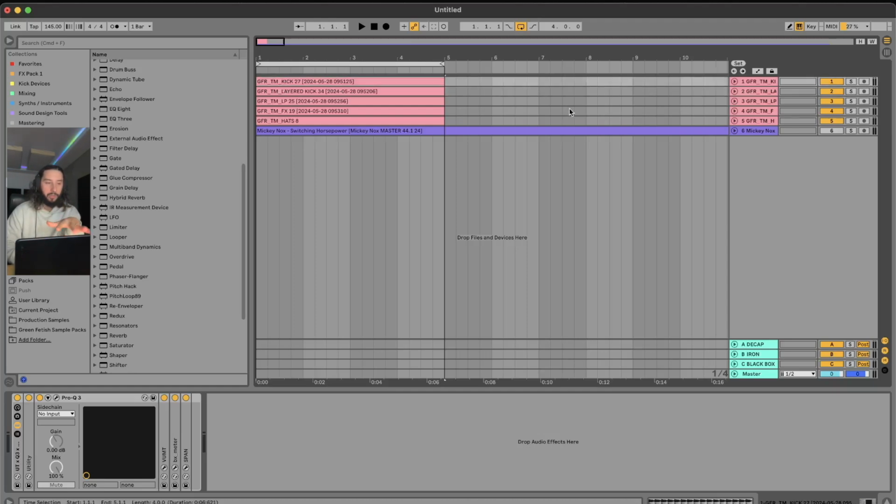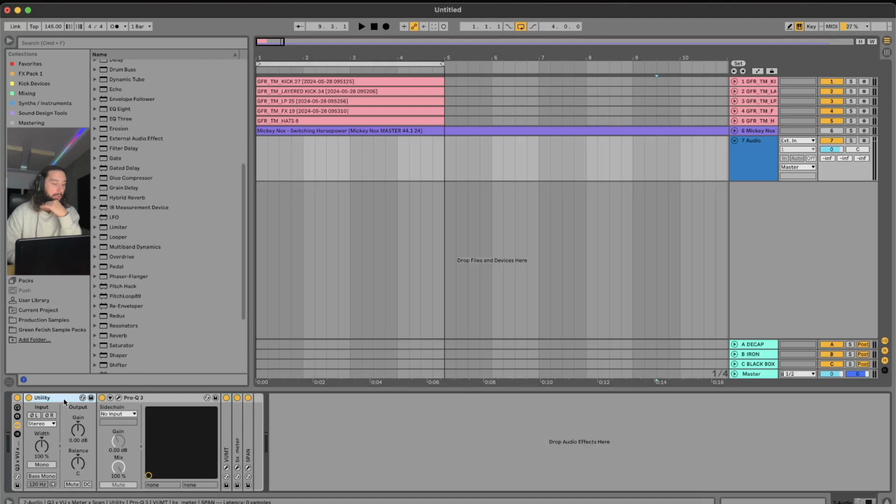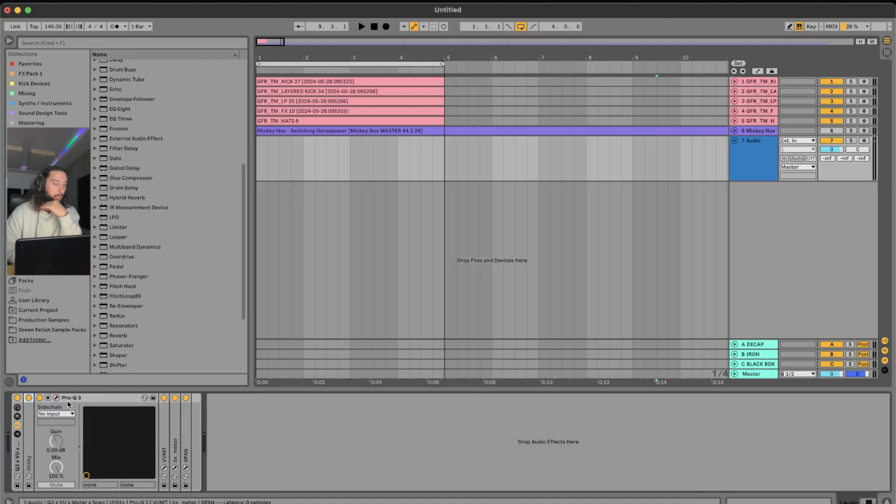So on my screen, I've just set up a loop with some samples just to present sort of like a track. But for example, if I just Command T and create an audio channel, you'll see down here by default, my default chain is Ableton's Utility into FabFilter Pro-Q 3. I've got a VU meter, BX meter, and SPAN. So the reason why I do that is